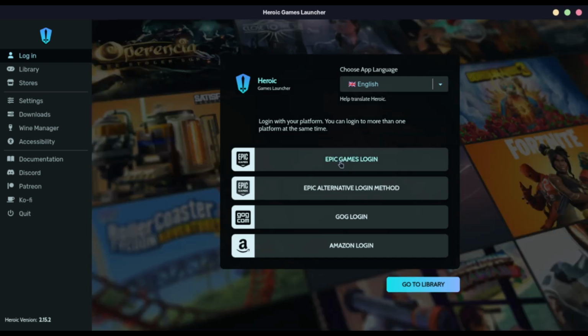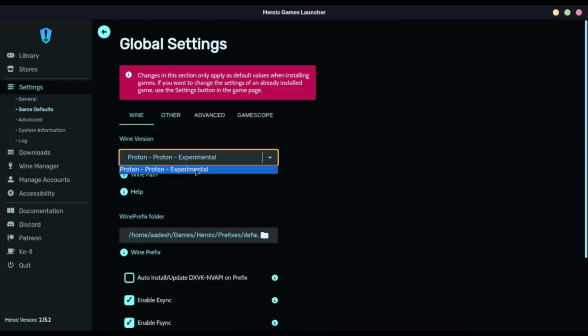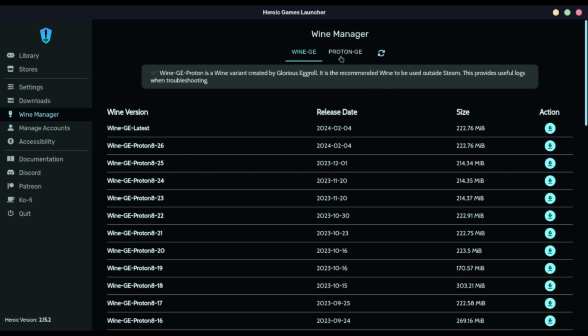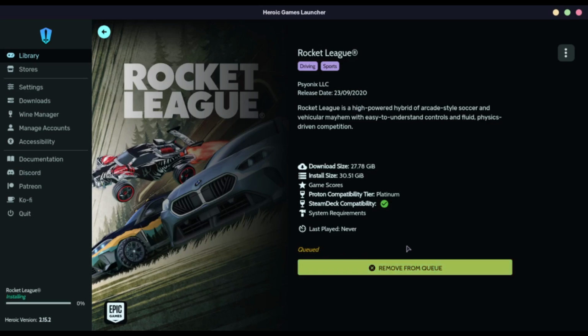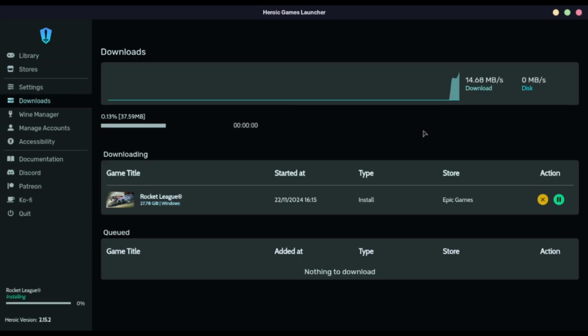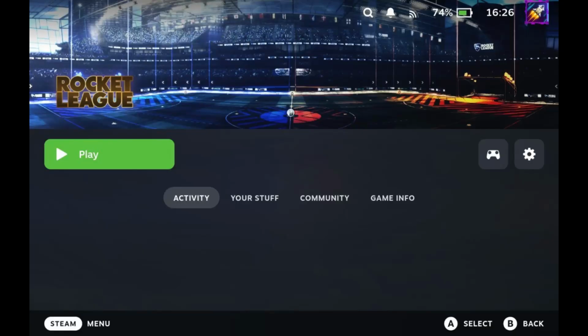Optionally, also log into your GOG account as Heroic also supports that platform. Once logged in, go to the Settings tab and set the default runner for a game to the installed Proton version, or you can also install Proton GE from here. Normally install any game from your library and it will be automatically added to Steam once it is downloaded. Reboot your Steam Deck to get back to the gaming mode, and you'll be able to see and launch games